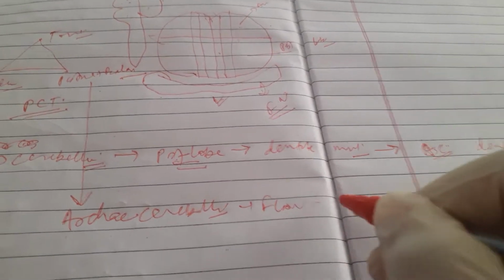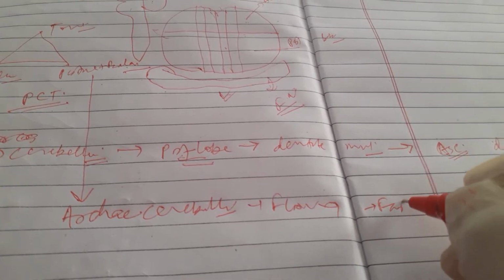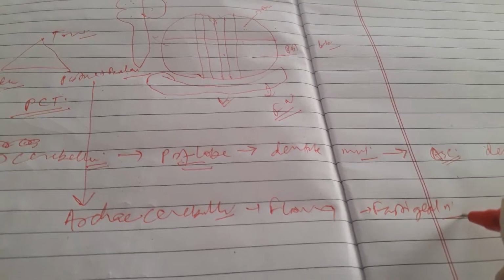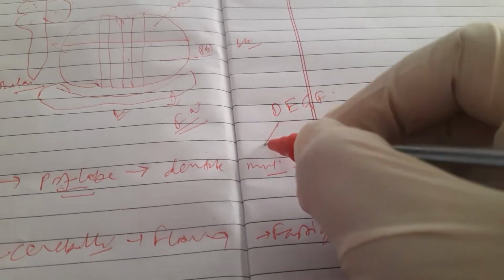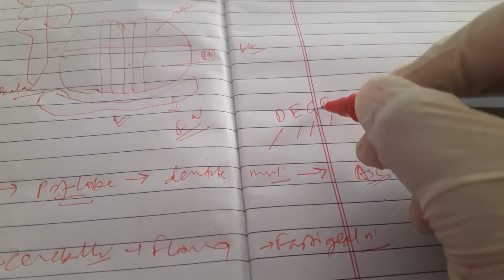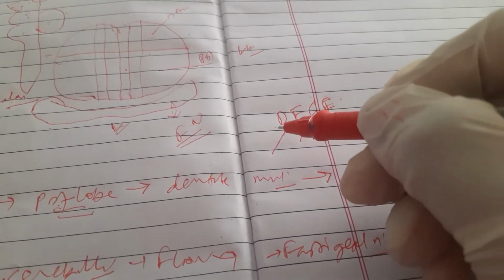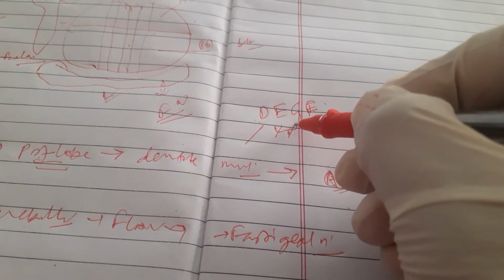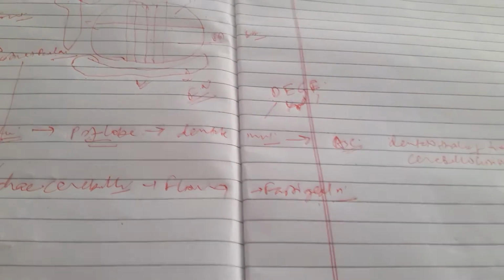Okay, so archicerebellum deals with the flocculonodular lobe, and it deals with the posture and balance, and the nucleus is the fastigial nucleus. We all know the nuclei, don't eat greasy food, that is the dentate, emboliform, globose, and the fastigial, from lateral to medial. Fastigial is most medial and the most old, and this is the most recent. Altogether these two are known as nucleus interpositus. So fastigial nucleus and